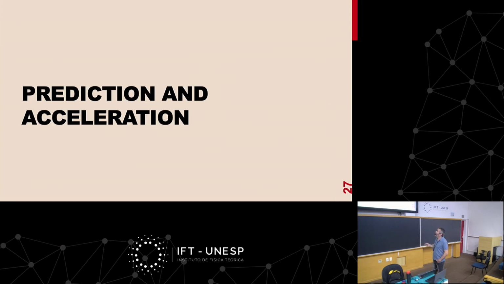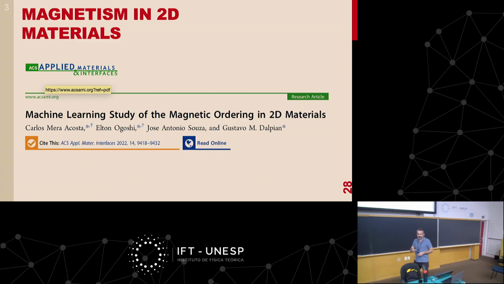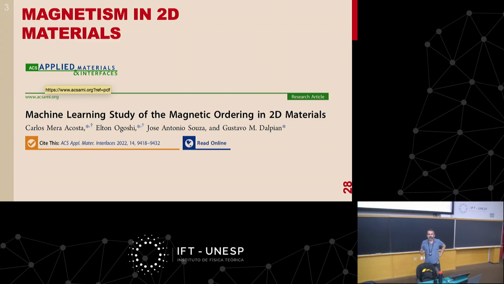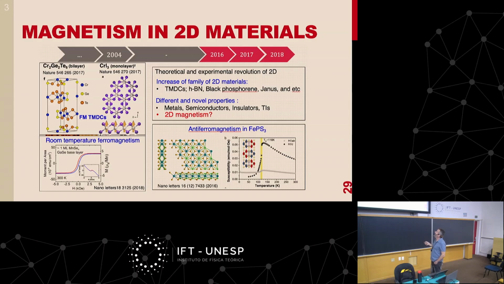Okay, another way of working with this prediction and acceleration, I mean, as I told you, you can easily calculate the properties of material, but we can use the databases that we have to train machine learning models and predict if a material will have one or other property. Here, what we did is we trained a model to predict the magnetic ordering in two-dimensional materials, okay? We wanted to predict first, this